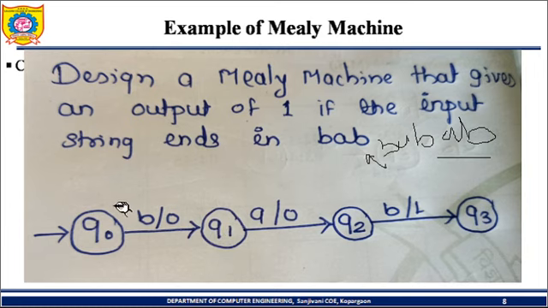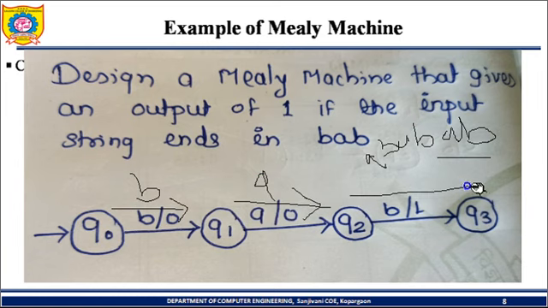First of all, you can design the basic machine. Let us say after accepting B, we are in the Q1 state. In Q1, if A is the input, then we are in the Q2 state. As we are in Q2, that indicates that previously we had BA. Now again B comes, and at that time we are in the Q3 state. So BAB, that time we are in Q3 state.